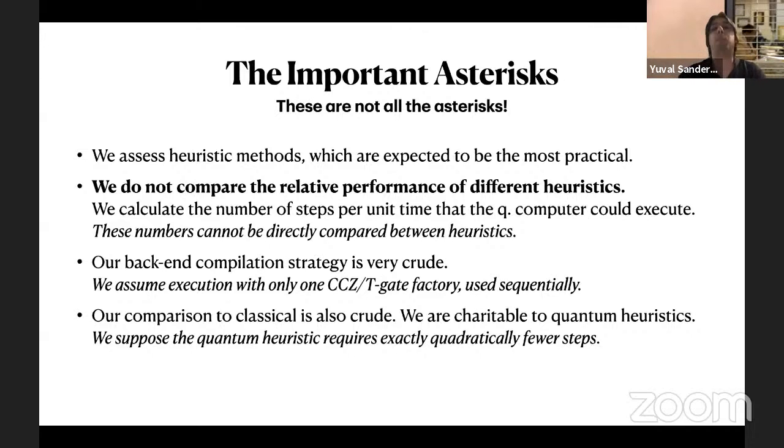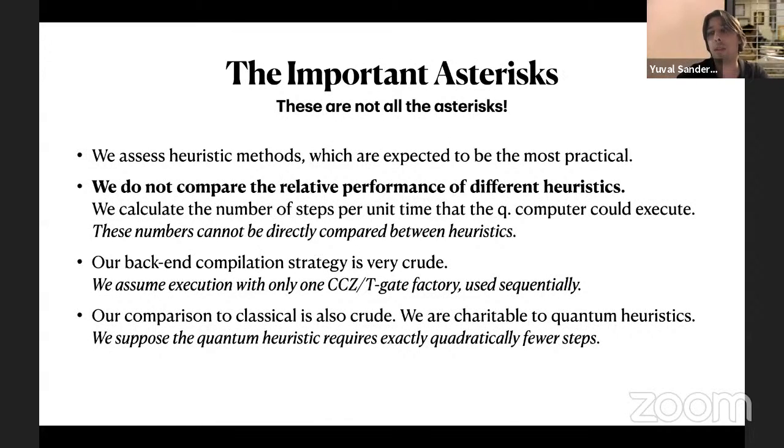So the picture is basically this. These heuristic optimizers, you imagine that there's some step that will get you closer to a solution, then you do another step and you're closer, another step you're closer, and another step you're closer. But different heuristics, different steps will take you different distances. Some heuristics will do better in the sense that fewer numbers of steps will take you to a solution. Other heuristics, you might have to take more steps, but each step might be computationally cheaper. And we're not really doing an assessment about what's the overall cost of reaching a solution. We're only giving an assessment of the overall cost of doing a single step in each of these different heuristics.